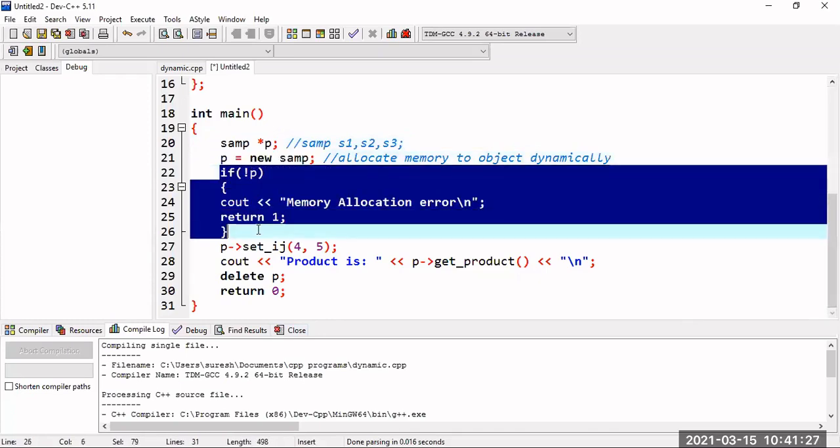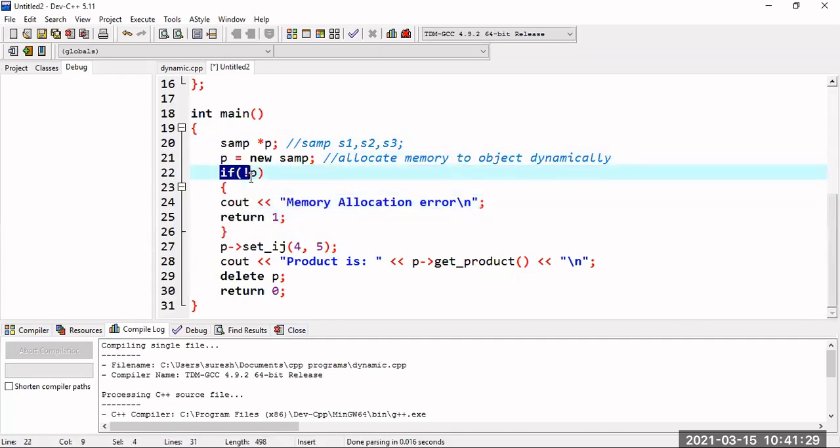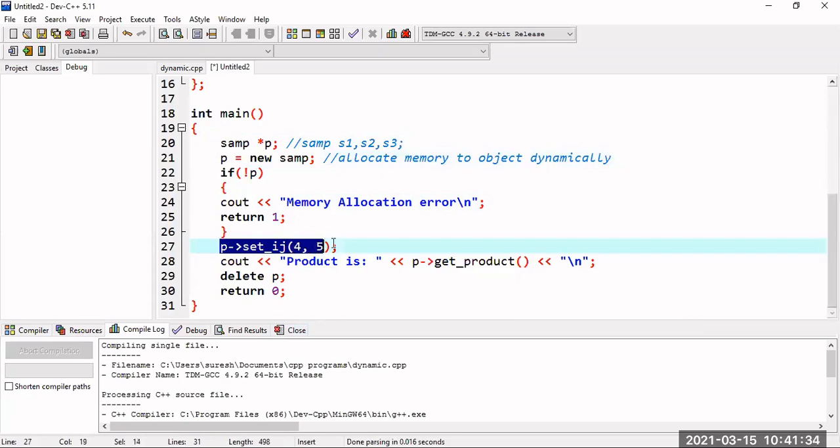And if the memory is not allocated, then I will give the error, like memory allocation error. Otherwise, once the memory is allocated, I can call set ij by using this p. I want to call this member function set ij.